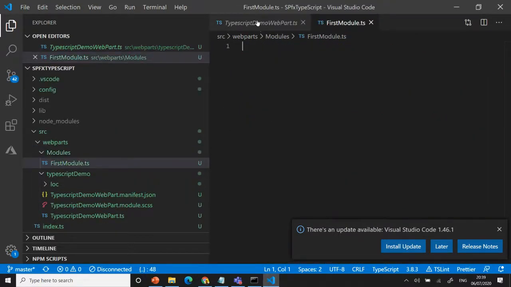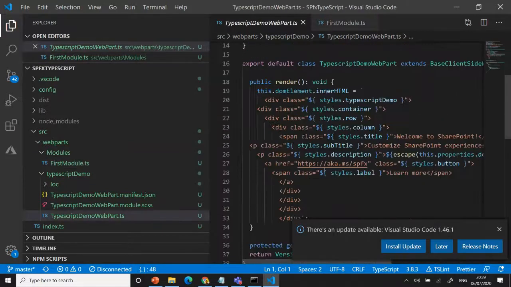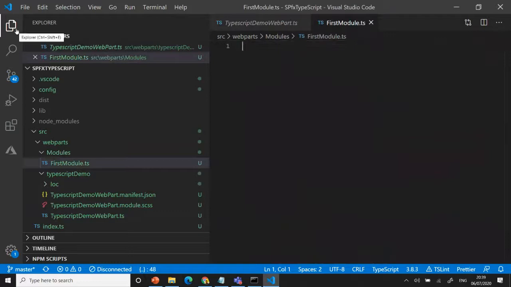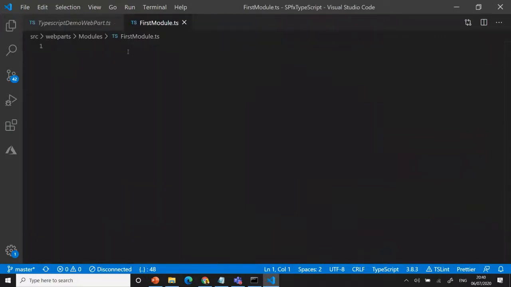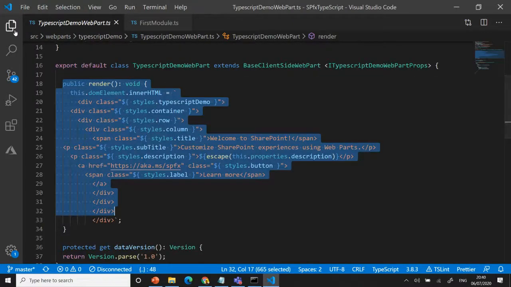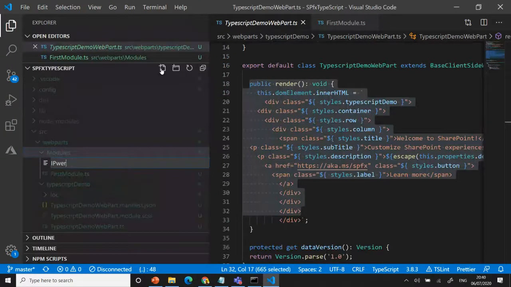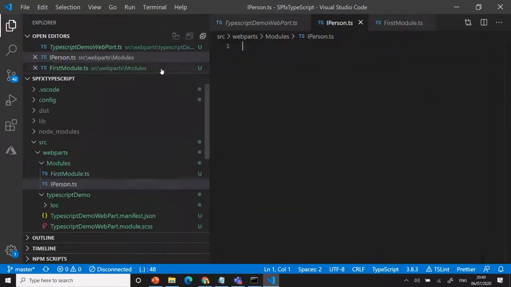This is a standard web part template. You have the rendering there, you have everything, right? But in your module, nothing is the same. What we do is, at our end, we need to do all this coding part. At the same time, if you want an interface separately, I'll create one more file under the modules, and we can say person. Always for module interfaces we use the word person, right? That's the reason I used it for the file also.